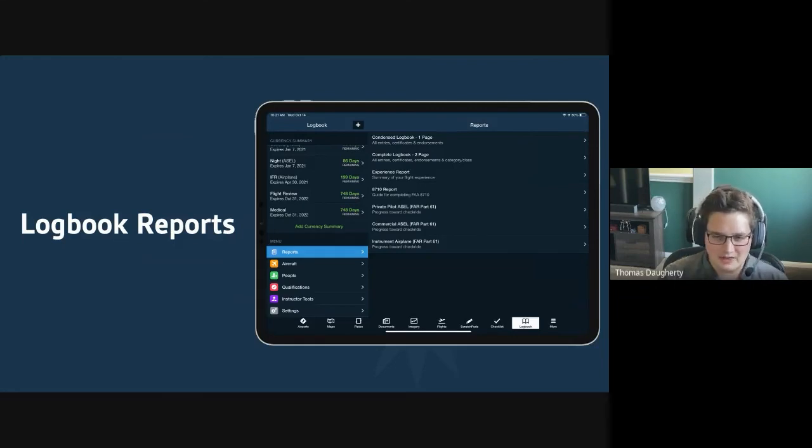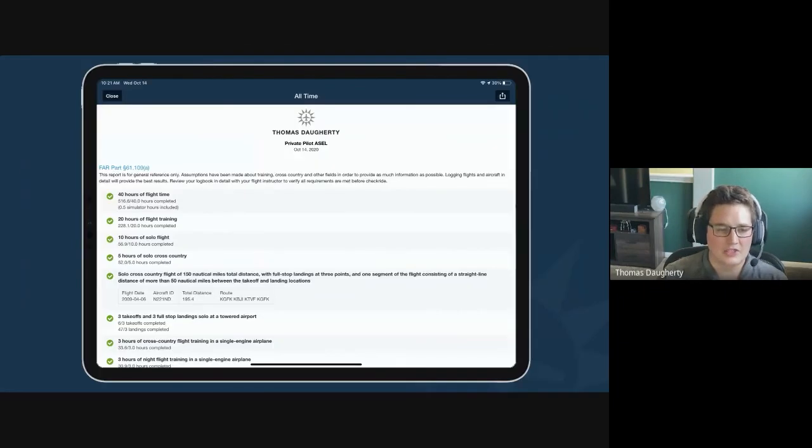But one that I think is very helpful for students, and a place that I like to start for a lot of 61 students, is like the private pilot, the commercial, the instrument in here, where students can actually go through and see all of the requirements for them to receive that rating or certificate. And they know exactly what they're getting themselves into. How close are they on their 40 hours of flight time? Have they flown the correct cross country? What cross country worked there for them? Do they have all of the training in the last 2 months that they need? This checklist is a great place to start with students so they understand exactly what they're getting themselves into,